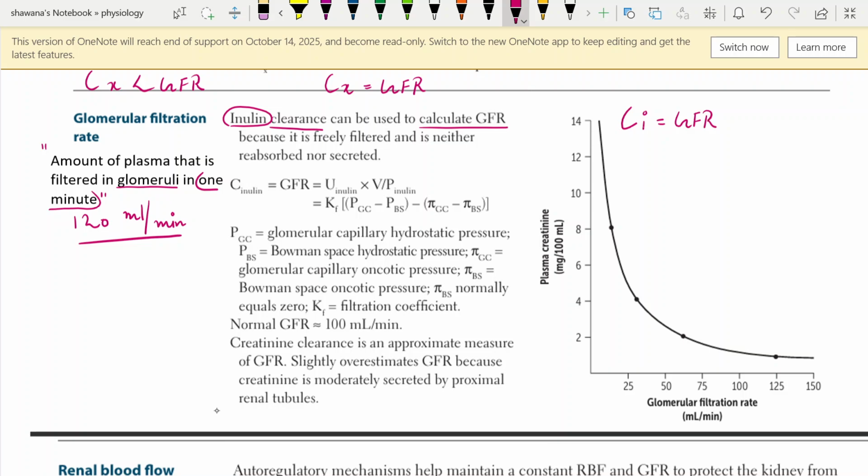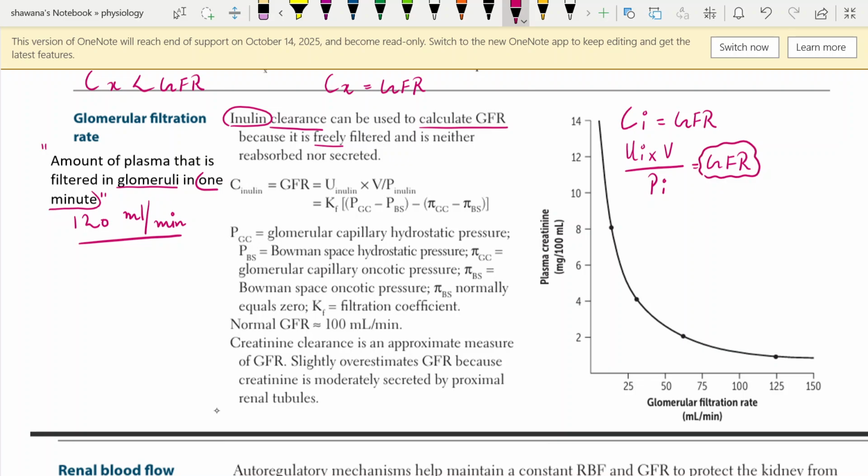The clearance of inulin is equal to GFR because inulin is neither reabsorbed nor secreted; it is freely filtered. So we can write that inulin clearance is equal to GFR because it's neither secreted nor reabsorbed. In place of inulin clearance, we can write the urine concentration of inulin multiplied by the urine flow rate, divided by the plasma concentration of inulin, and this is equal to GFR. So in clinical practice, we use inulin to measure the GFR of a particular patient, and it's very important,